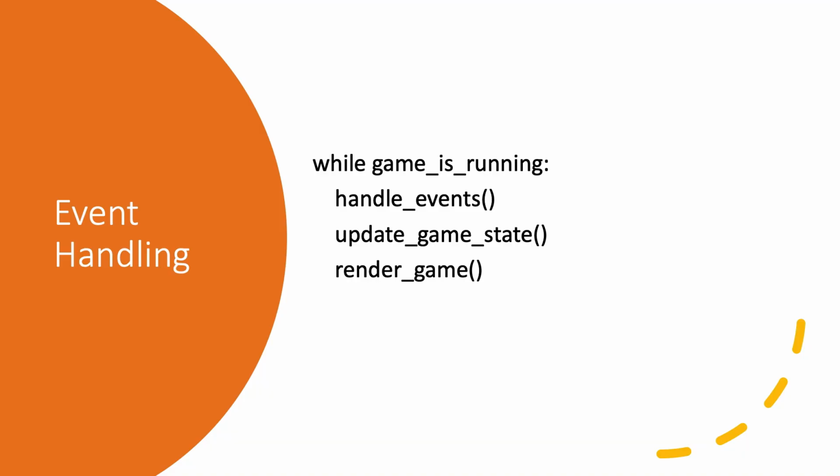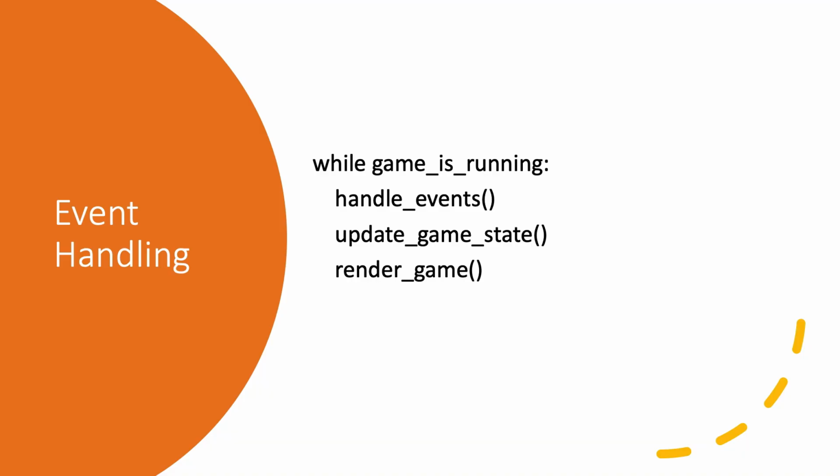Secondly, the update game state function updates the game's logic, which includes modifying the game's data and state based on the events handled in the previous step. This could involve updating the position of game characters, checking for collisions, or advancing to the next level. And finally, the render game function is called to draw the updated game state to the screen, providing visual feedback